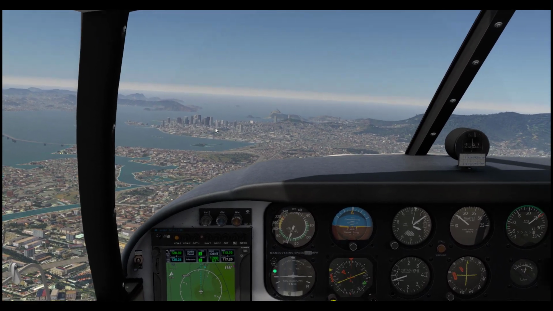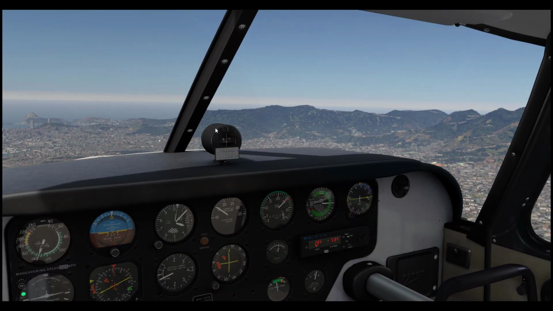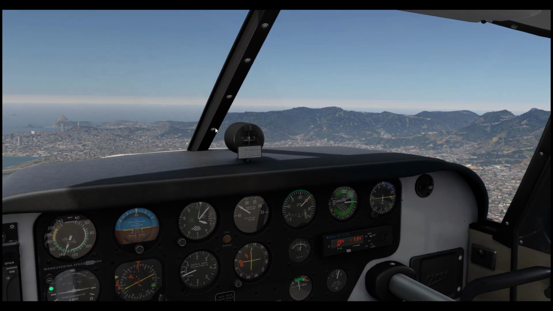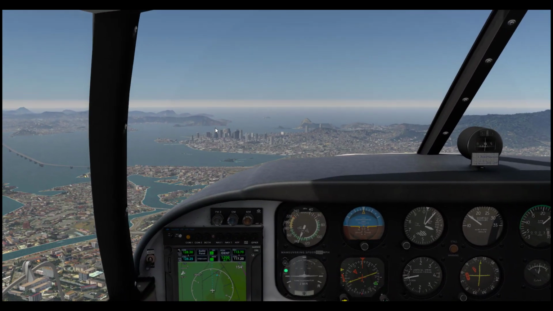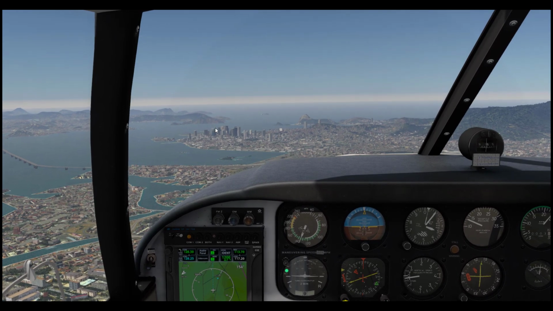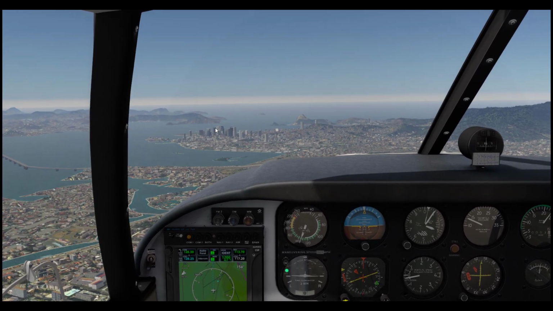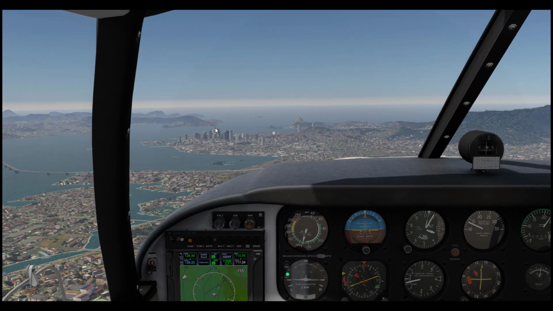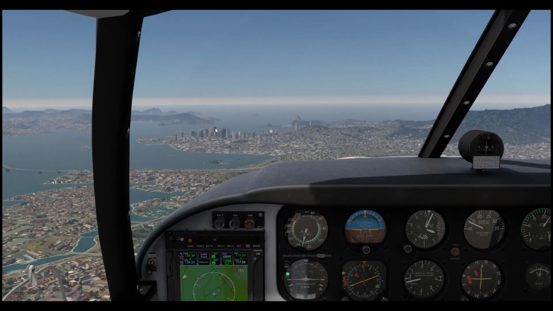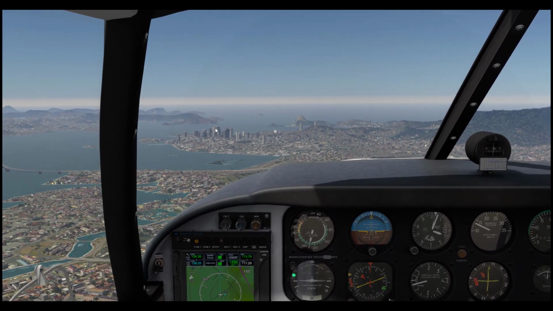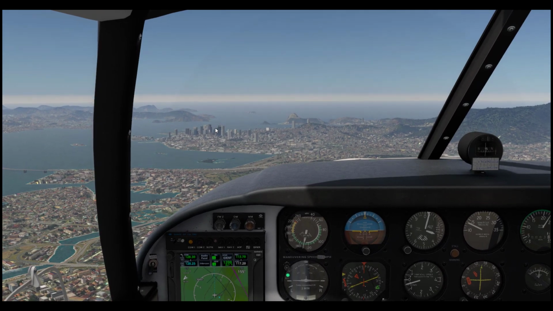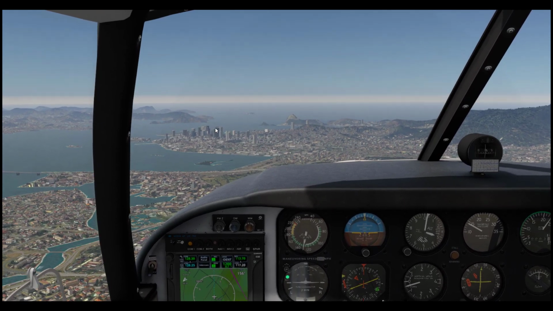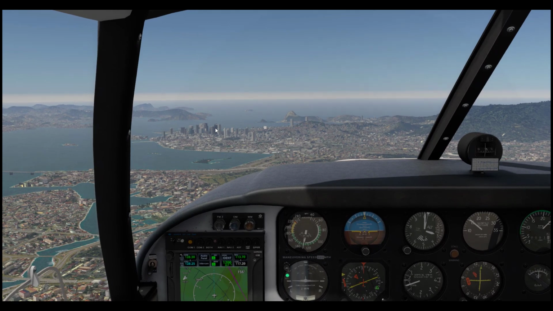And so you can see the trees on the mountainsides. All of that is working together to create this very, very rich scenery for this cityscape. All right, so now I would spend more time here, but I'm not doing a sightseeing tour so much of Rio de Janeiro, as I want you to really see the potential of what Prepar3D can be when you have